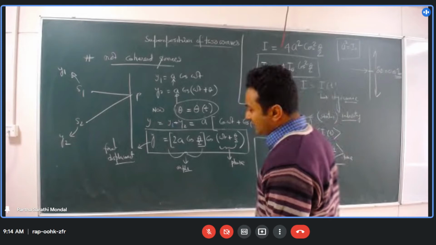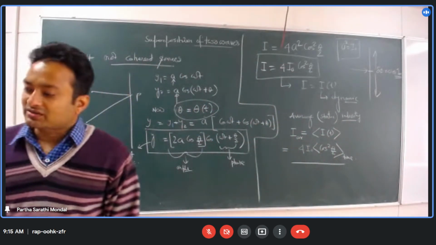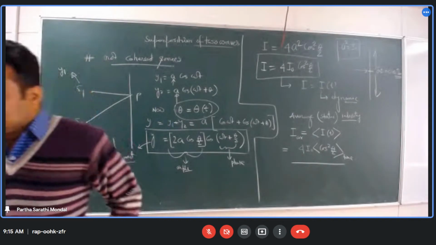कौन सा टाइम में लेना पड़ेगा? So you have to take over a time period. कॉस फंक्शन का टाइम पीरियड क्या है? 2 पाई